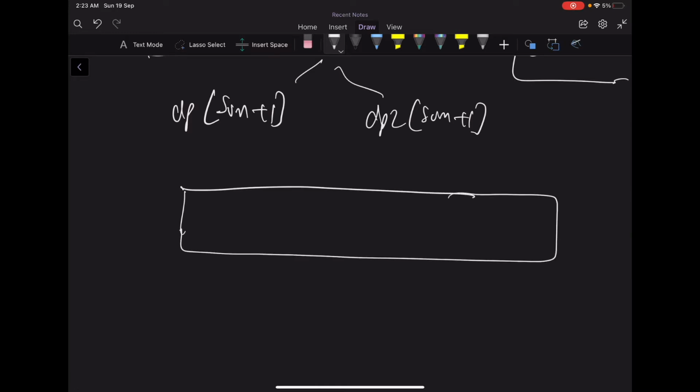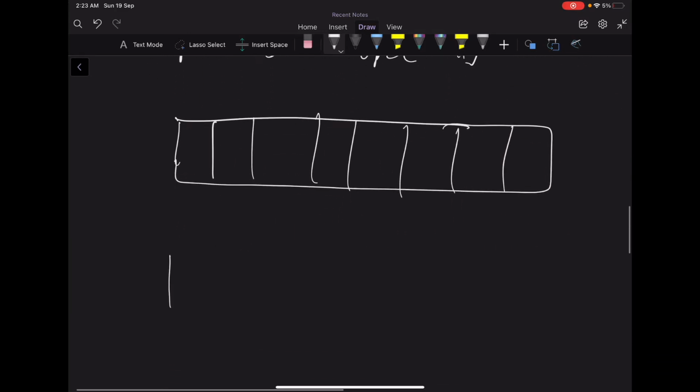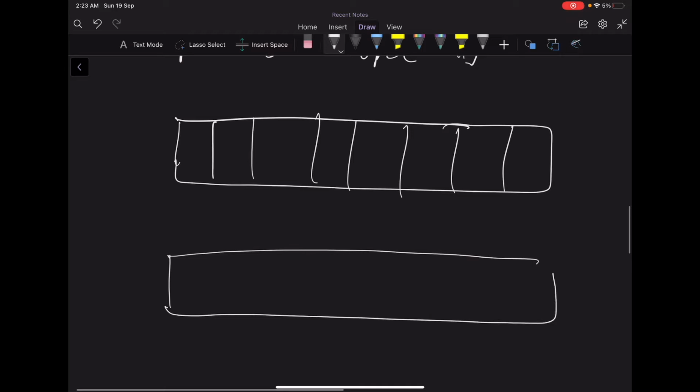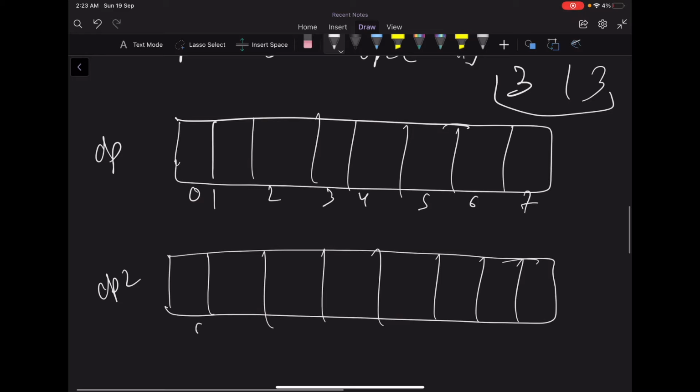It will be of size 8. Okay, so the array is 3 1 3. This is dp, this is dp of 2, these are the indexes.